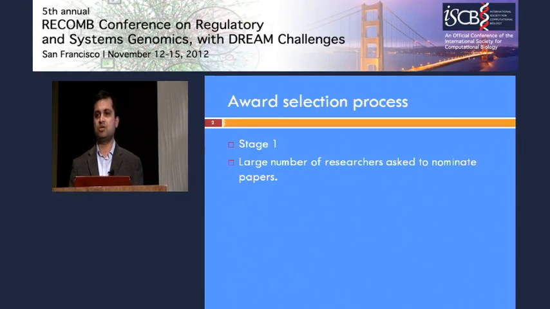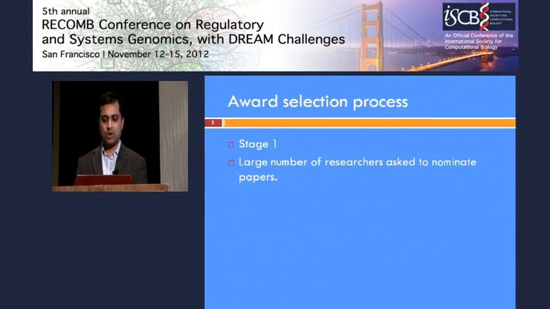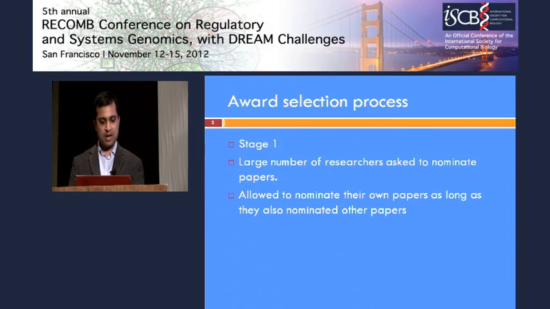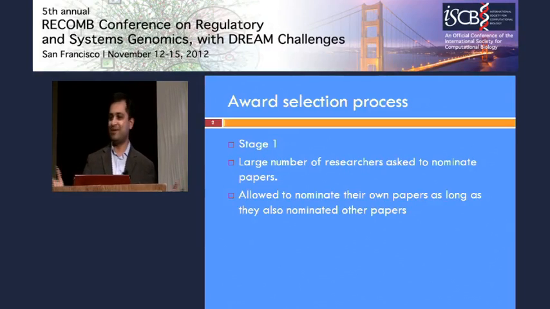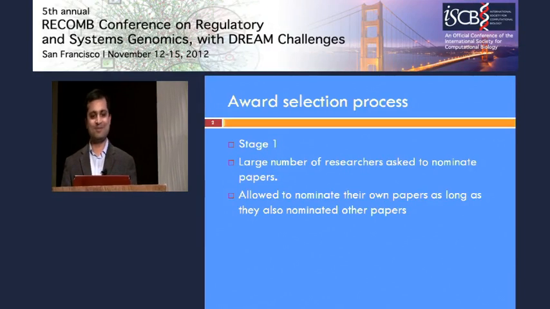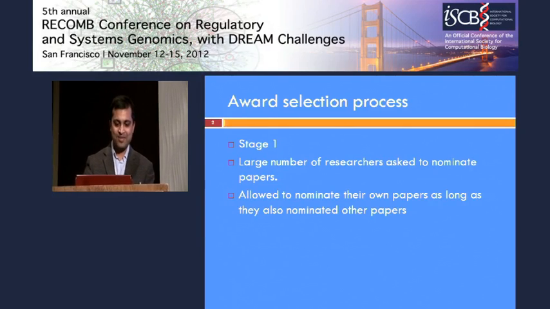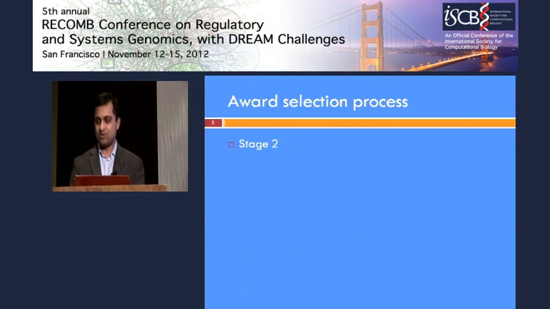In the first stage, a large number of researchers were asked to nominate papers, whatever they felt they would like to see in the list. They were allowed to nominate their own papers as well, as long as they also nominated others' papers. This is kind of an incentive to get them to actually go online. That way we had a list of nominated papers, all of which were put together in an online poll,